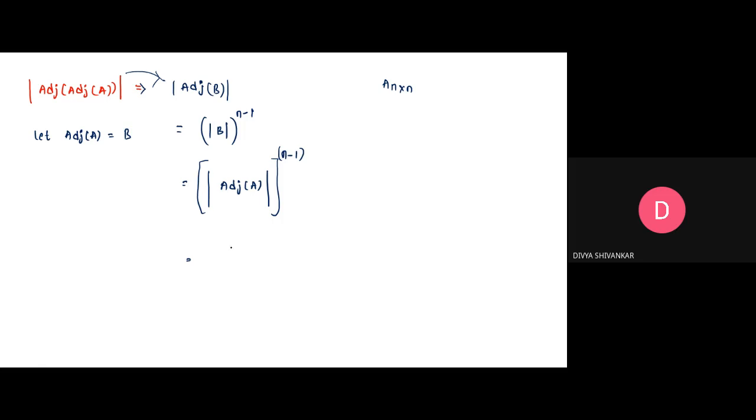Determinant of A to the power n minus 1, whole to the power of n minus 1. So what will this become? Determinant of A whole to the power of (n minus 1) square. It is like this: 2 square whole cube, so this will become 2 power 6, that is 2 into 3. So n minus 1 into n minus 1 is (n minus 1) square, not 2 into n minus 1. N minus 1 square, right?